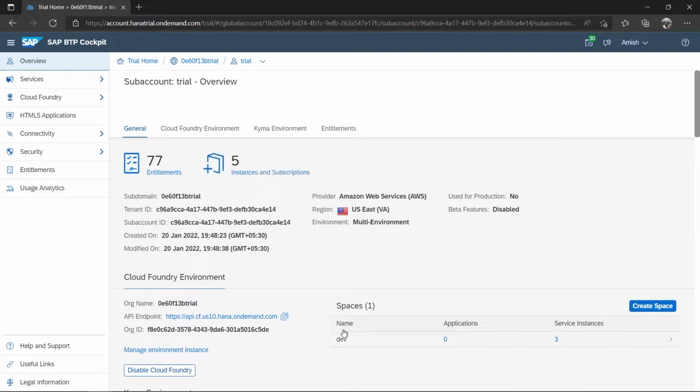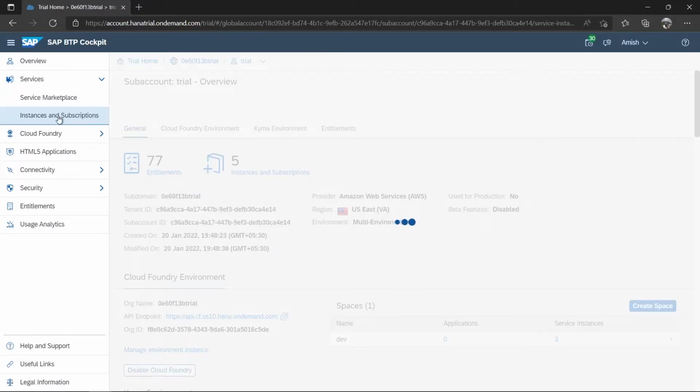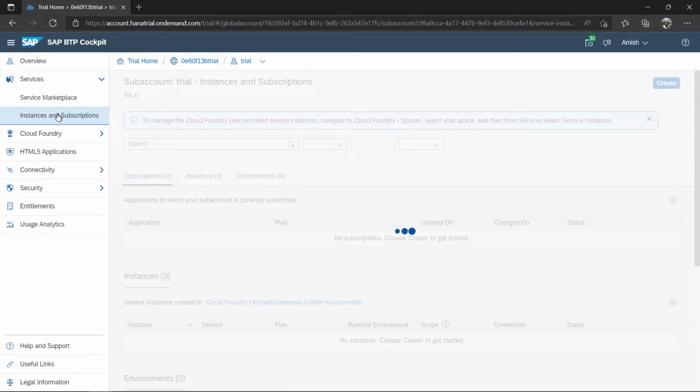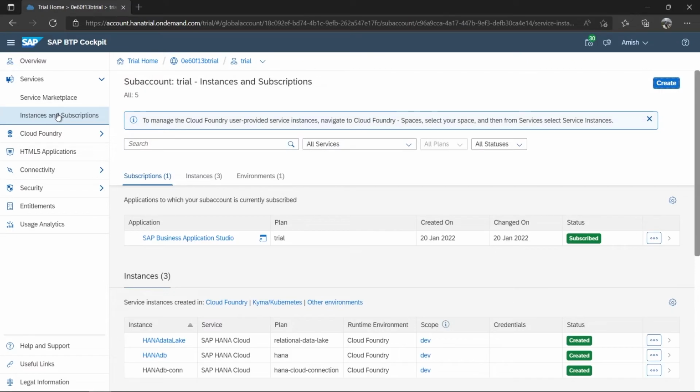If it is appearing directly in the sub account overview, you can go directly from here. Or if it is not appearing, then you can go to the services, and in the services you can go to the instance and subscription. And inside the instance and subscription, you can see what all services you have subscribed and what instances you have made. So right now, SAP Business Application Studio is already subscribed. And you can directly go to your HANA DB instance, or else it is better to go via the Cloud